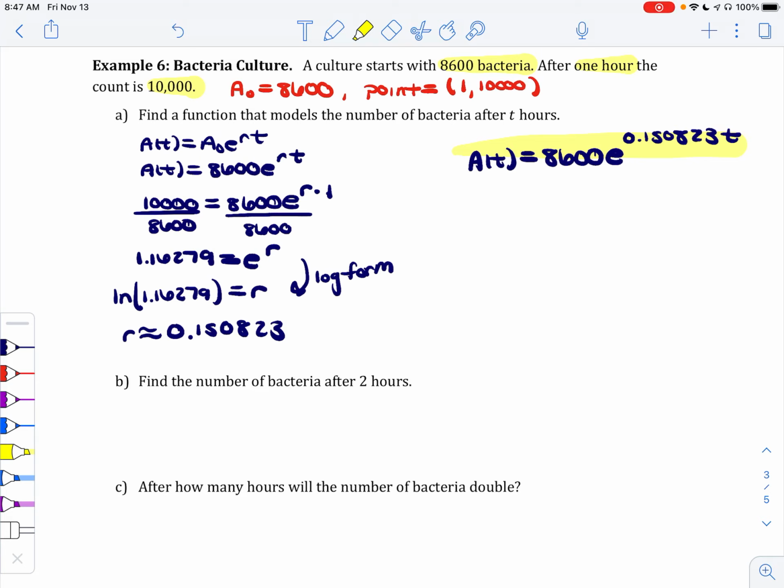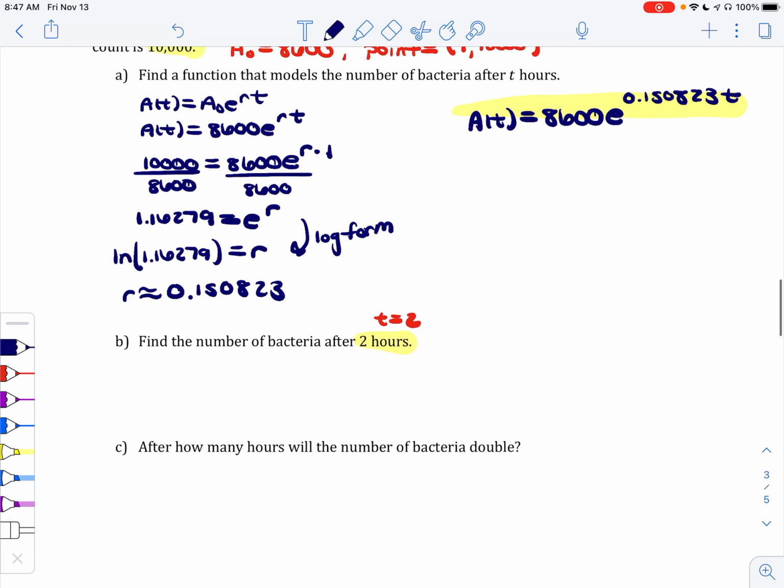Part B says now find the number of bacteria after 2 hours. So 2 hours is a t value. Let's say t is equal to 2. We're just going to plug it into the function that we just found in part A. We're looking for A of 2. So that'll be 8,600 times e to the power of 0.150823 times 2. Plug that into your calculator, and we'll get approximately 11,628